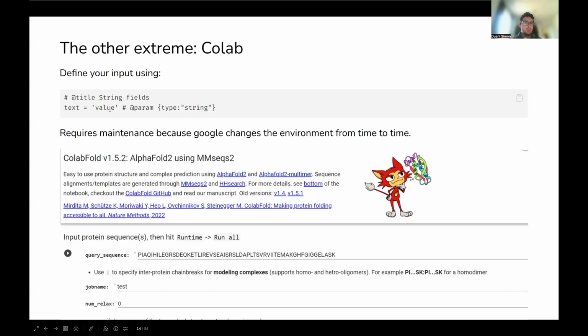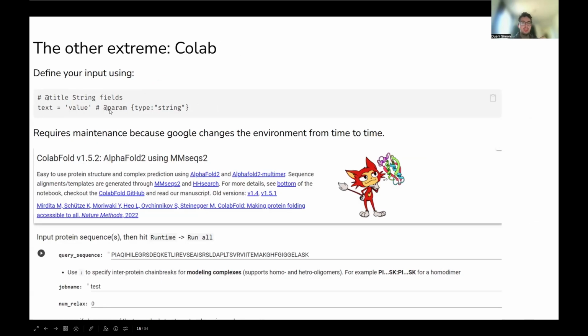If you try to run something that someone put out there maybe two or three years ago, the chances are that you will have to tinker a bit with the packages. If people have not been maintaining it actively, it's quite hard over time, because the computational environment changes. So it's nice, but it's also not ideal.